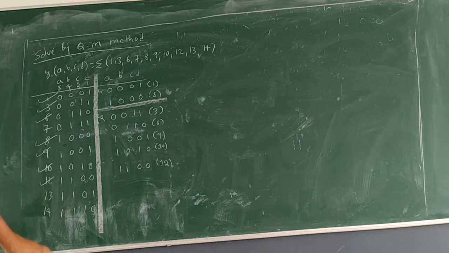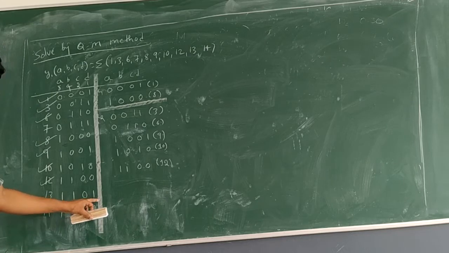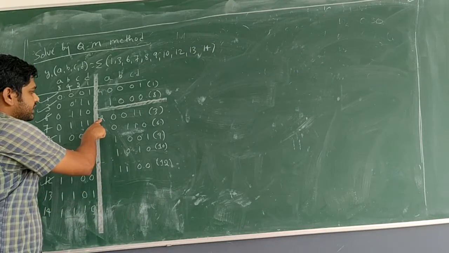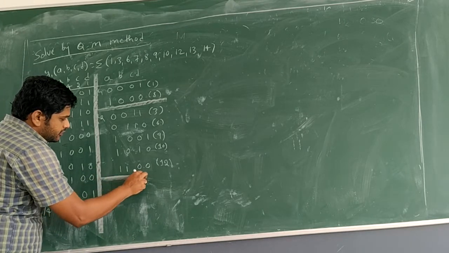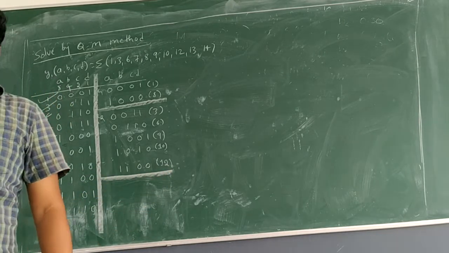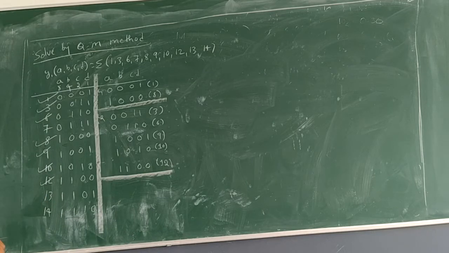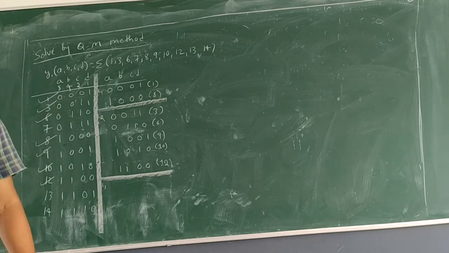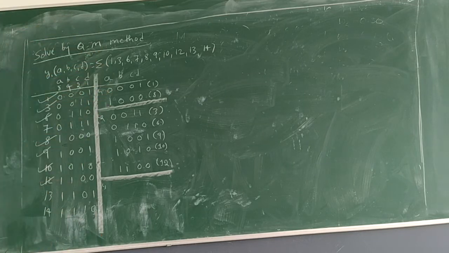How about 30? 3 1s, 40, 3 1s. They will not get entering in L2. Hence L2 completes. What is the next set? L3. What is the definition of L3? 3 number of 1s. Again start checking from the top.